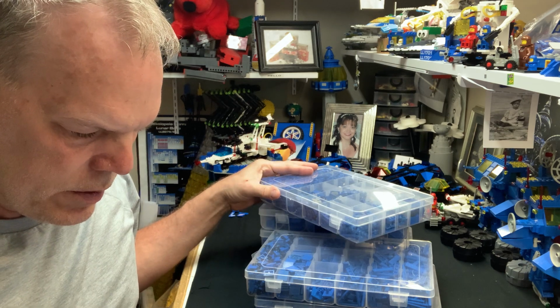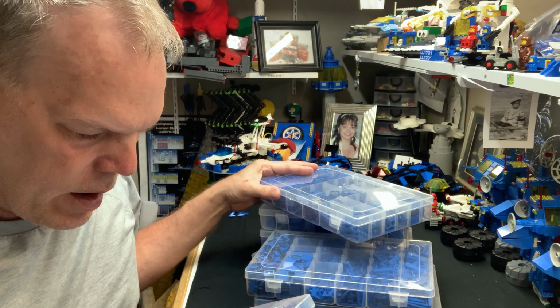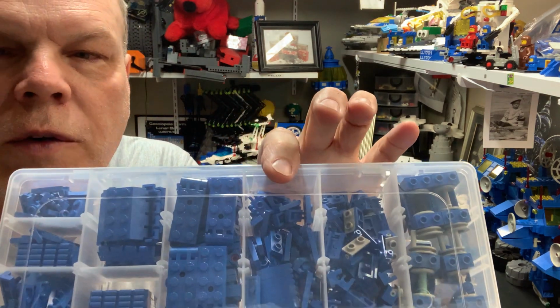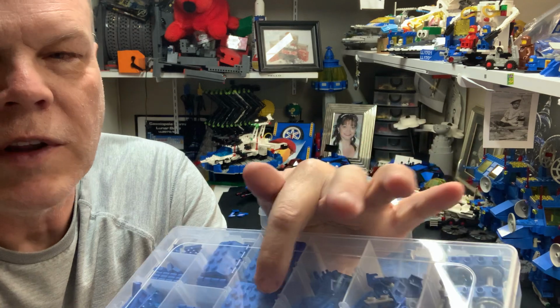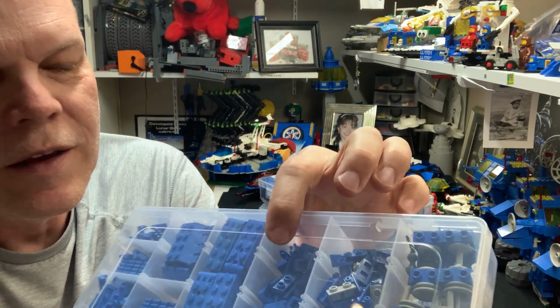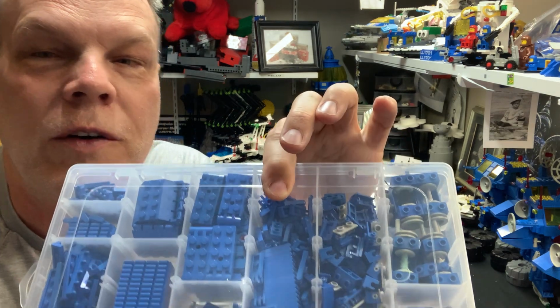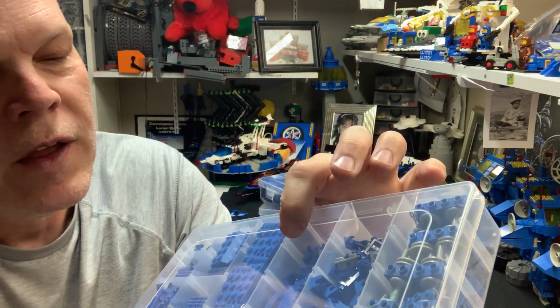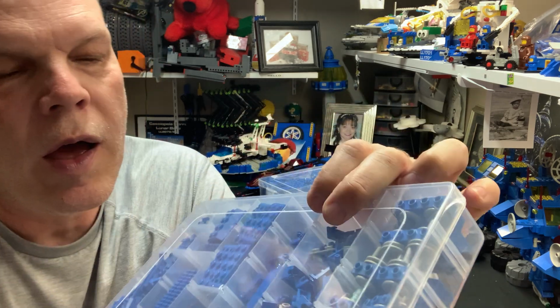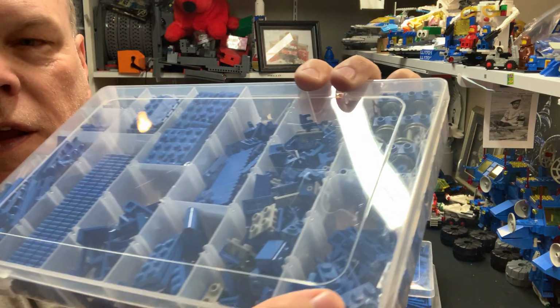Oh, those are 1x2s and 1x3s. I thought I separated 1x2s, 1x3s. These are 1x2s and 1x3 hinge plates. I think there's supposed to be a divider there. It somehow disappeared. Sorry, 1x2 with 2 fingers and 1x2 with 3 fingers hinge plates. The 1x2 brick hinge brick, and then all the